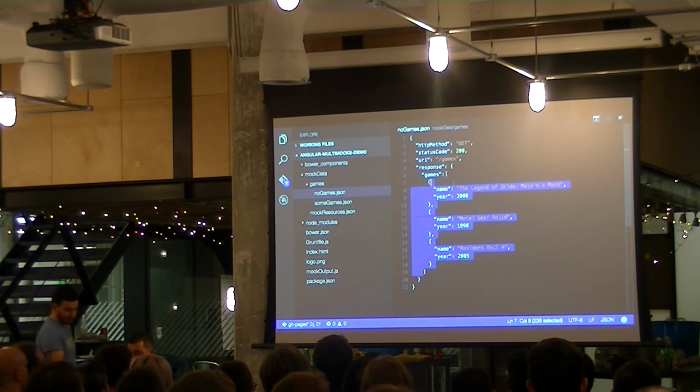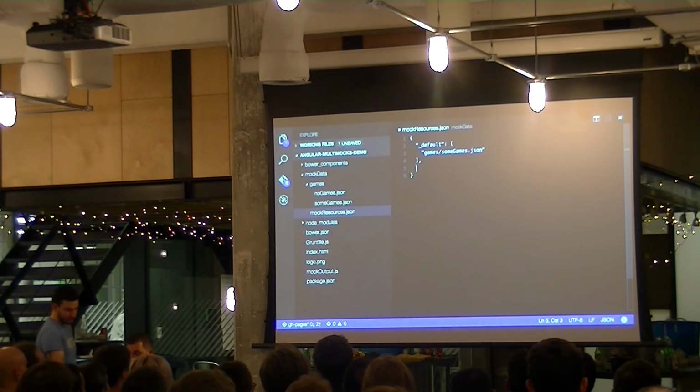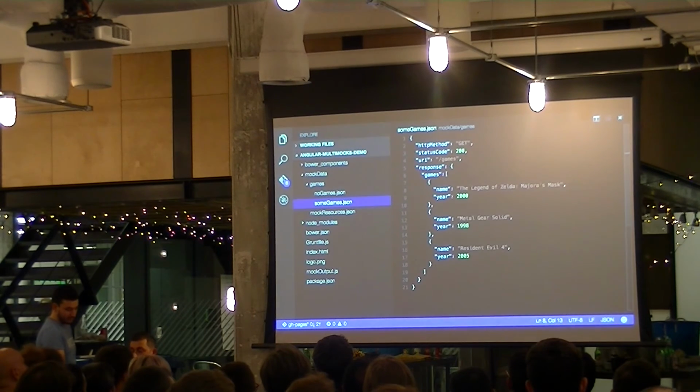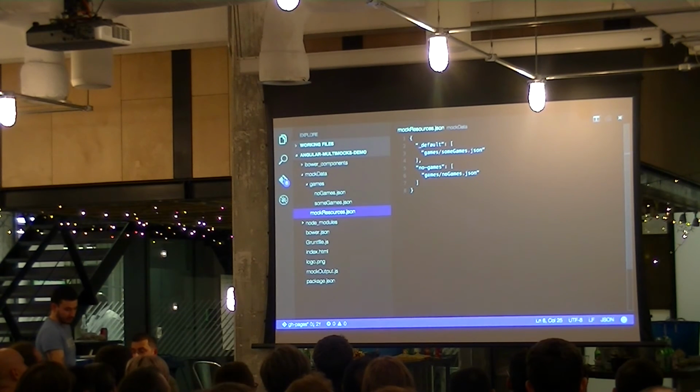And it's simply just going to return an empty list of games. We'll go and create a new scenario. So this scenario is going to be called no games, and it's going to return our no games mark. Now, because these things have the same signature, and by that I mean the same URI, the same method here, if you notice that, because we're selecting no games,